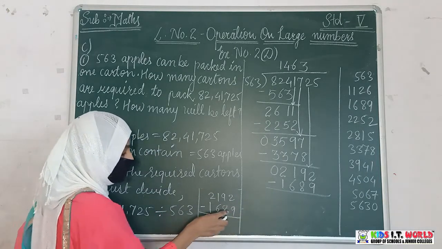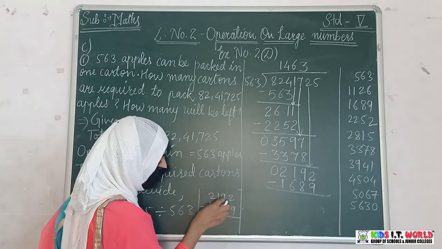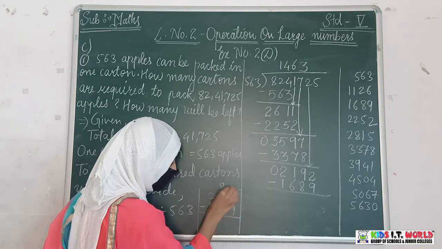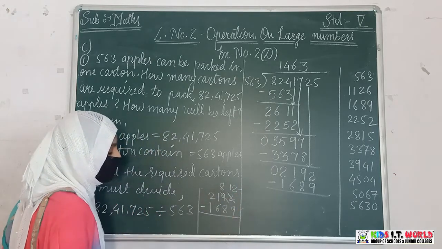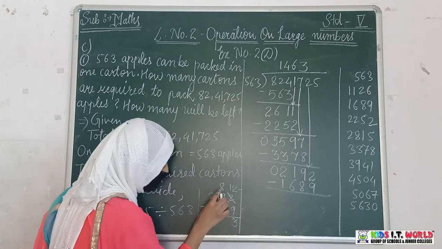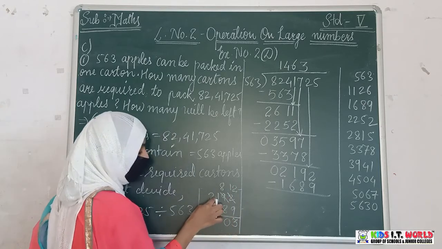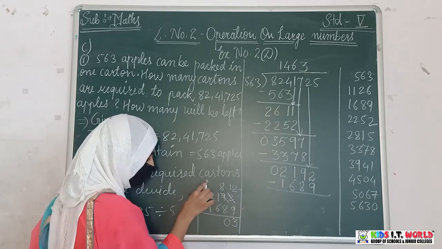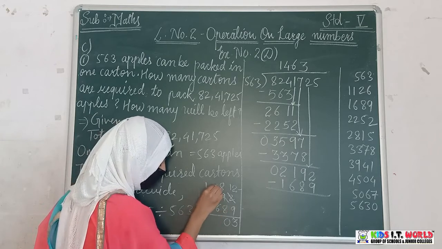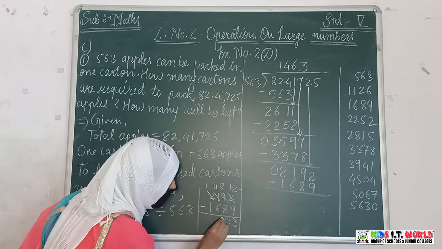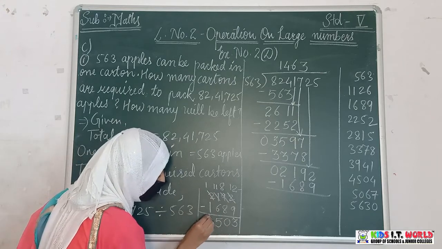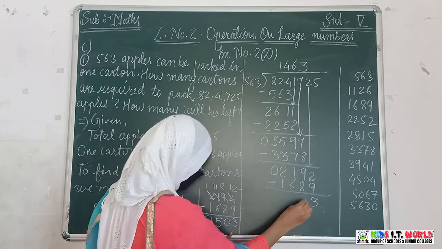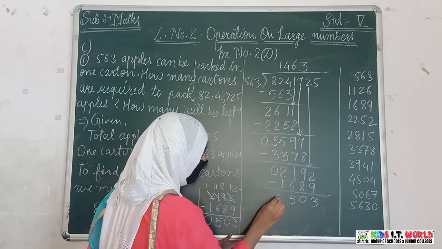1689. Again this is greater than the above number, so we have to borrow from the other. We will take 1 from here, so it will be 8 and this will get 12. 12 minus 9, it is 3. 8 minus 8, 0. Again 1 minus 6 is not possible, so we have to borrow from the other. We will take 1 from the 2, it will get 1 and this will be 11. 11 minus 6, it is 5. 1 minus 1, 0. So you got the answer 503. Start writing from the right position. So it is 3, 0, 5, 0.